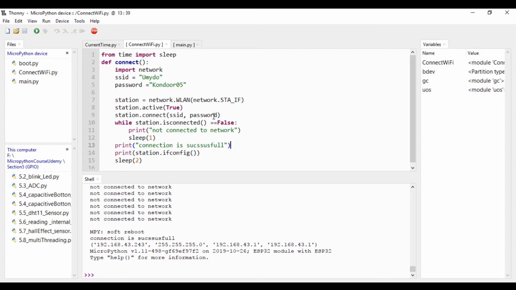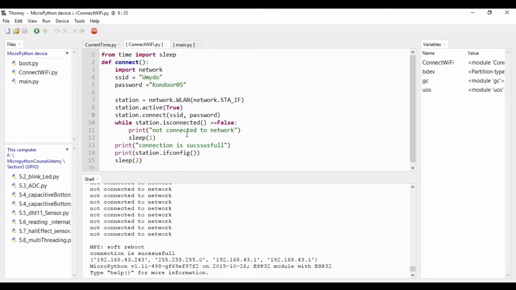I have done some corrections. Earlier I had put it in double quotes by considering the previous program. So actually this value has to be passed to this variable. So you can directly give the variable name here, not in double quotes. Then I have added some time also here, so it gives enough time to make it connect.